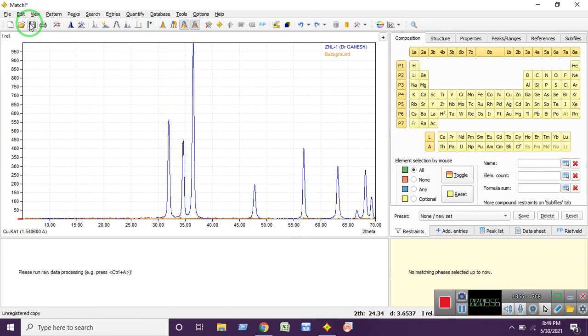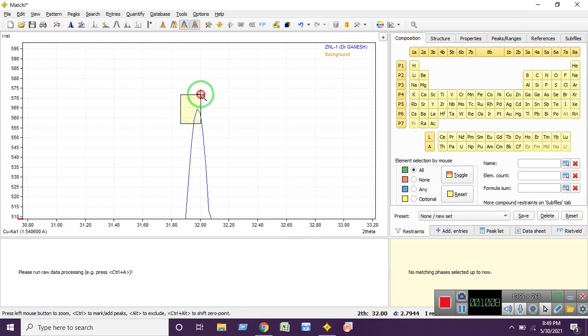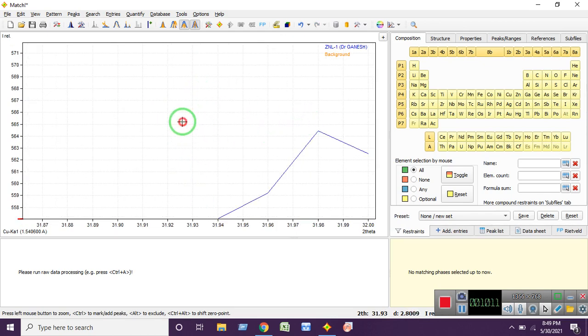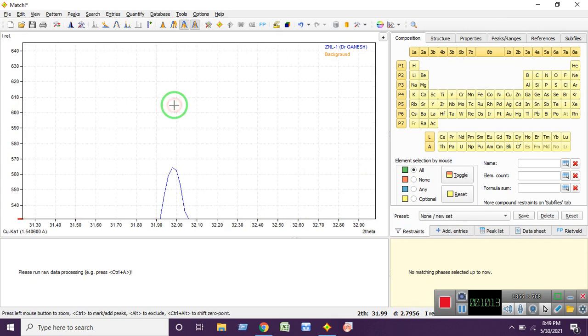If you are not sure about selecting a particular peak very accurately, then you can zoom in. Just drag over the particular peak position using your mouse. You can see the peak is enlarged. Here again you can press Ctrl X. It is going to show you a vertical line, then place this vertical line on the peak.